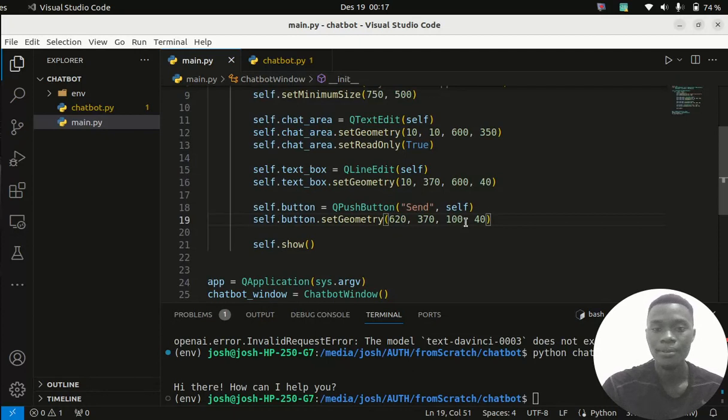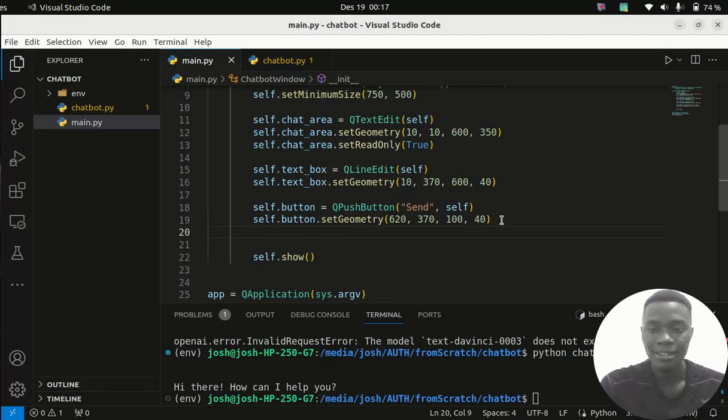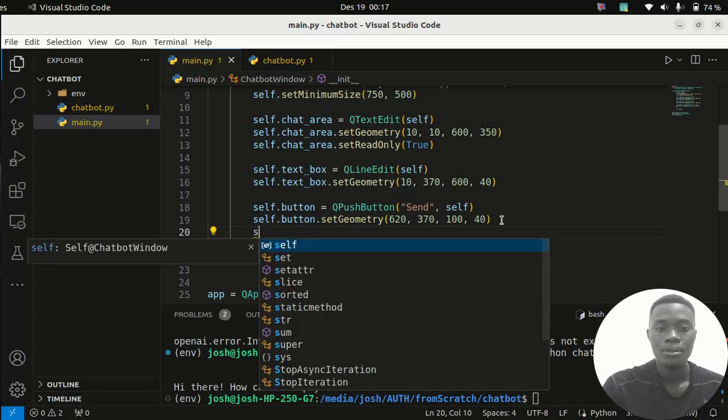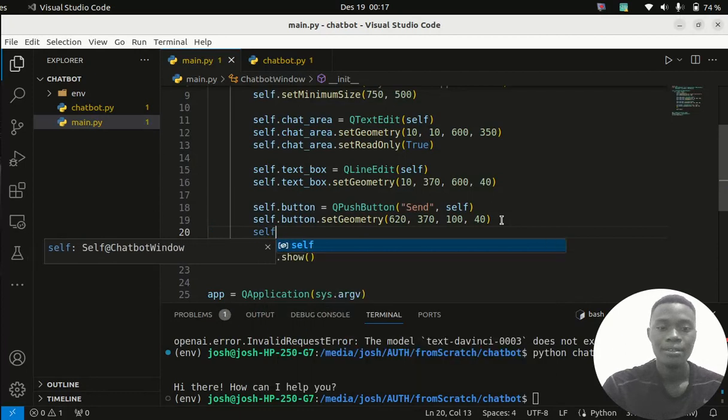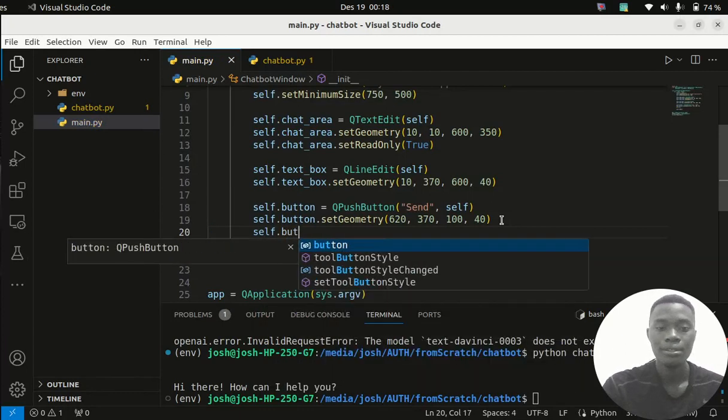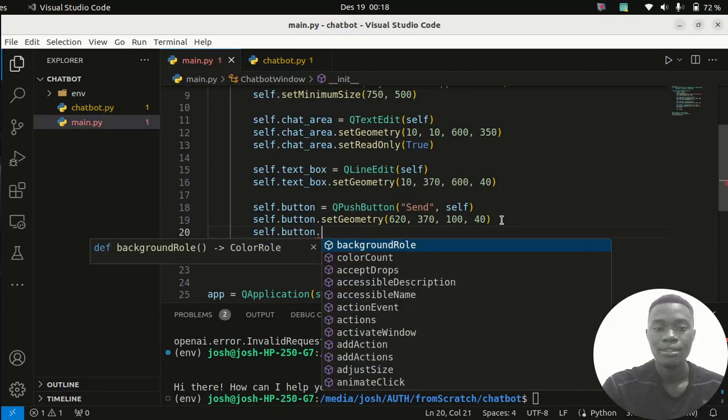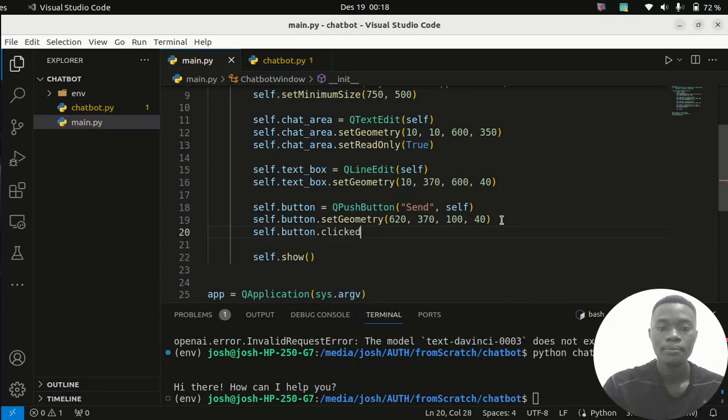That's where we begin from the user's point of view, and then we shall check if that button is clicked, and then we do some processing. So we shall say self.button.clicked, then if clicked, let's connect it to a certain function that will say maybe send message,